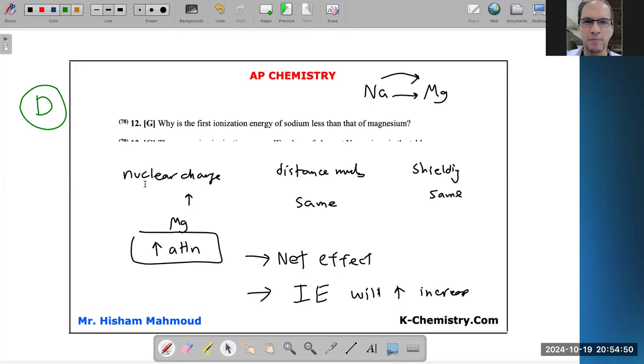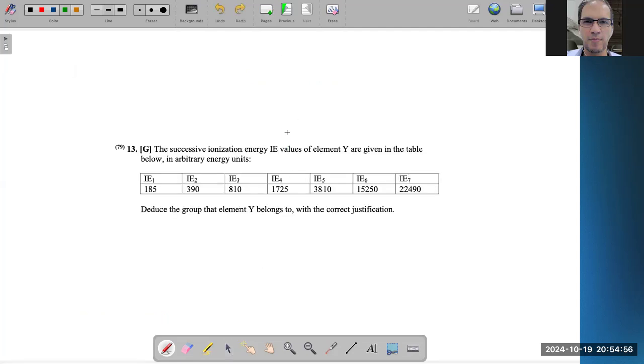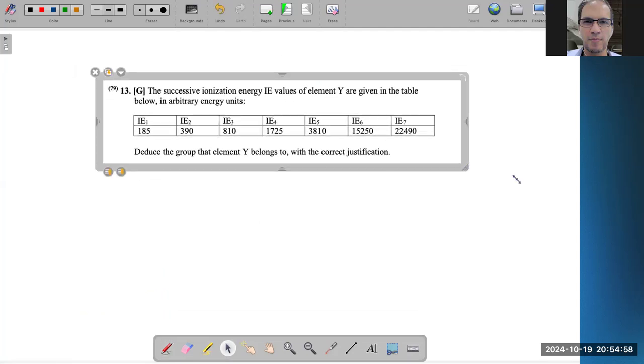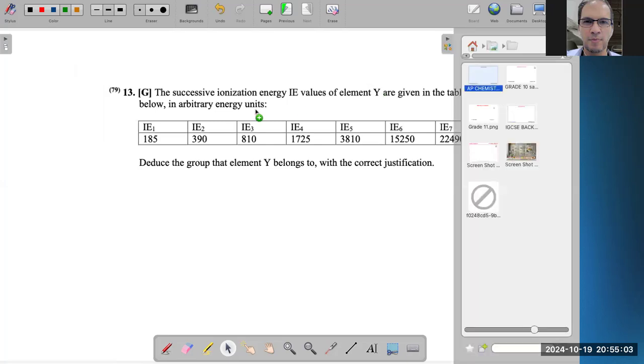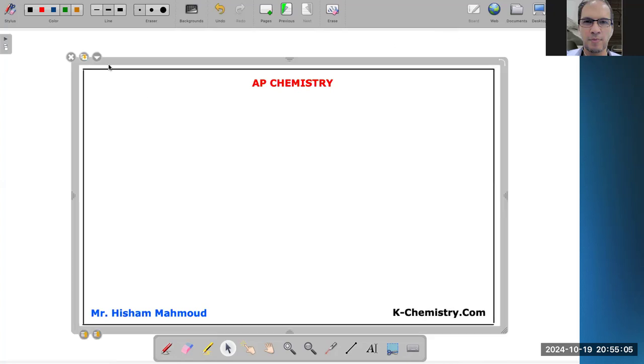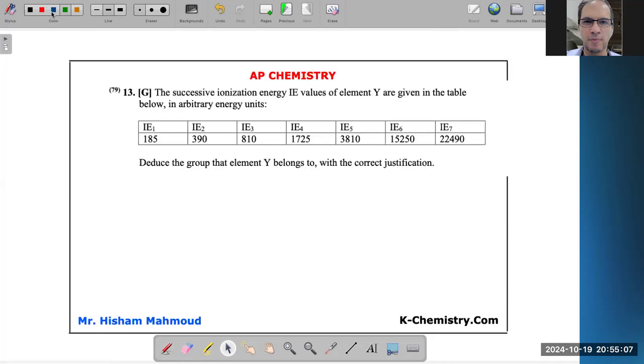طيب السؤال ده سؤال عادي، بيقول لي the successive ionization energy values of element Y are given in the table. So I think it's very easy to know يا عبد الله now where is the biggest difference and what is the group number. Where is the biggest difference يا عبد الله ما بين مين ومين؟ 1 و 2 ولا 2 to 3 ولا 3 to 4 ولا 4 to 5 ولا 5 to 6 ولا 6 to 7؟